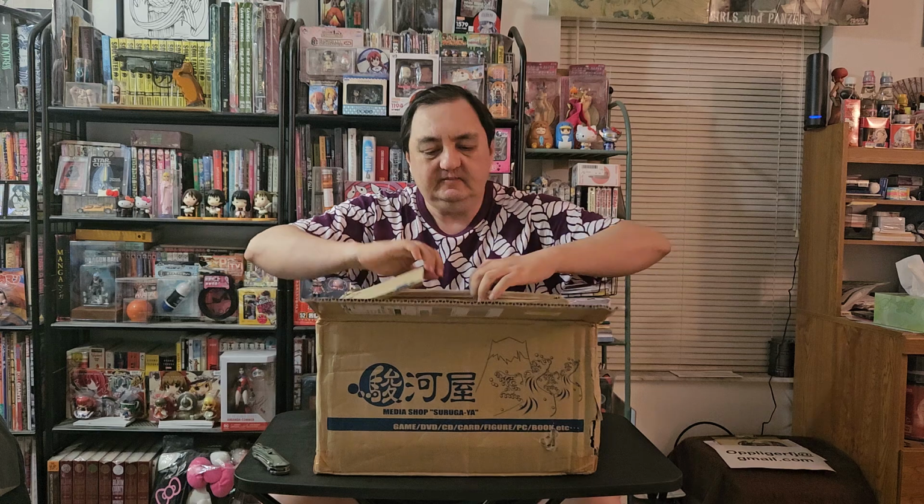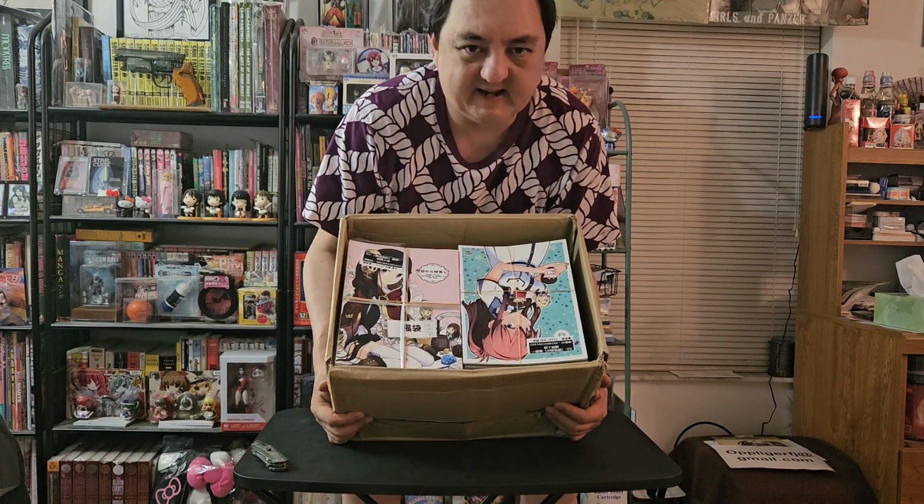So you can sort of get a sense of what is in here. I'm not going to go through all of this just because it's a hassle to do. But for reference, that box was 41 pounds. But in a random lot of Suruga doujinshi, let's see, we get